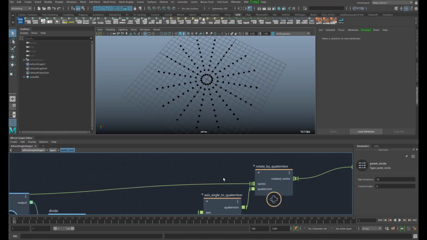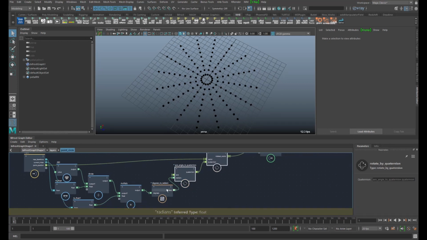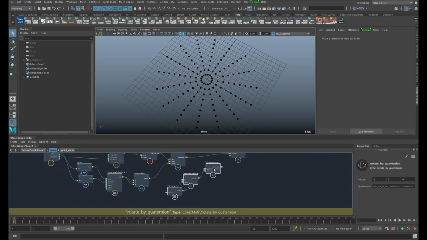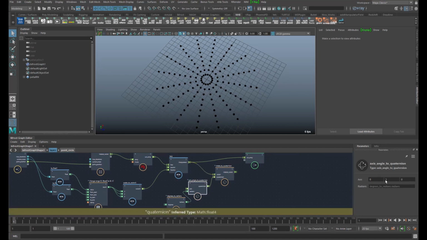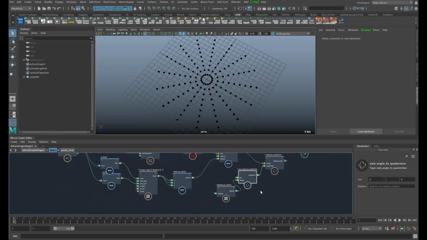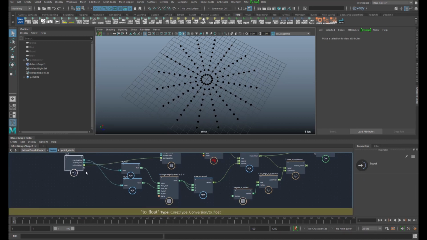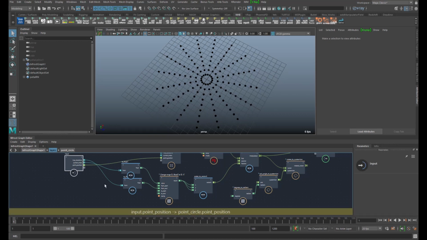Since we already have that rotate angle to quaternion in place here, we can reuse it, take our points, rotate them by the y-axis at the origin, and by how much it's going to be a value that we want to put in times the current index. So each layer gets rotated a little bit more.